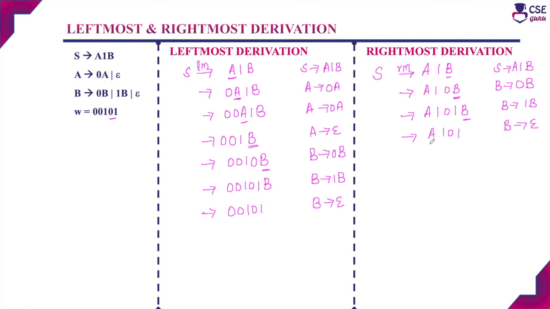So now if you are checking here, only one non-terminal symbol. So choose the non-terminal and apply the production rule. And if you are checking the first part of the string, 2 zeros we have to get. So apply the production rule A tends to 0A. So there is only one non-terminal symbol and apply the production rule for A. And if you are checking the string, we have to get one more 0 here. So apply the production rule A tends to 0A. So now if you are checking here, 00101 we got. So if you are applying epsilon for this non-terminal A, we will get the string.